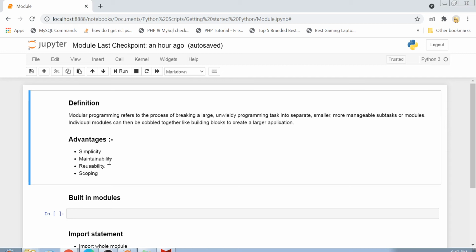And the last thing is scoping. I think scoping is a little bit difficult to understand, because we have not talked about variable scope in detail. We only talked about it in a short video in my Python variables video, but I do recommend you guys to watch it. So, what is scoping? Let's suppose we are in a banking application. You are designing something called an online payment web page, where a person comes, puts in his details, and simply gets the payment done.